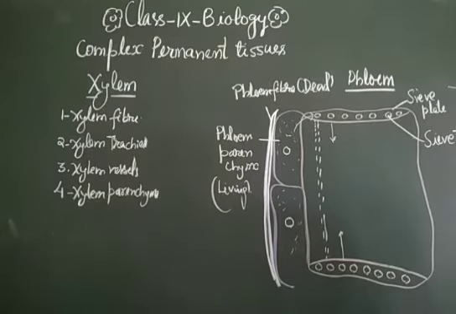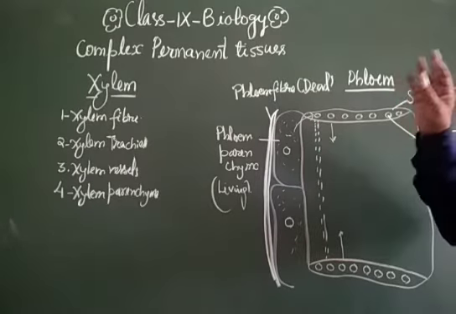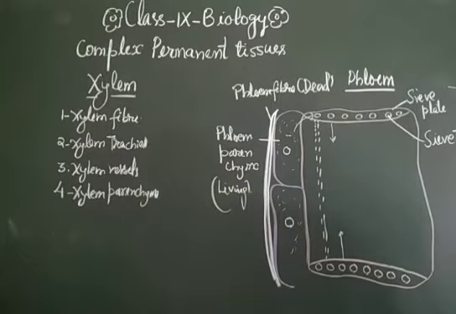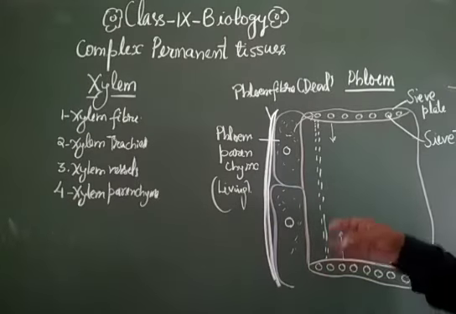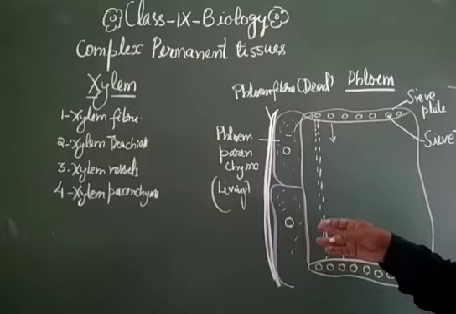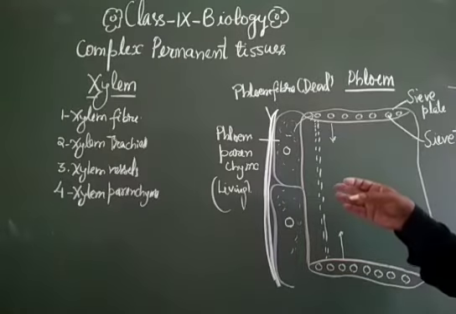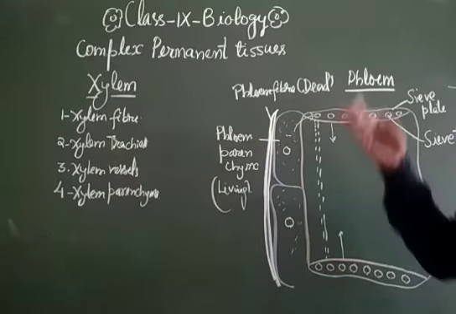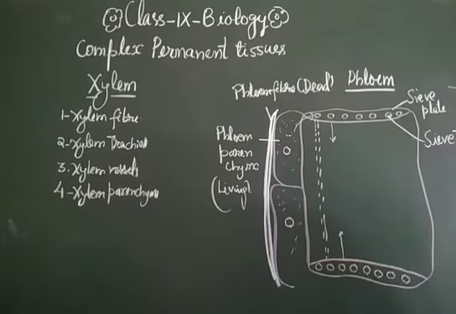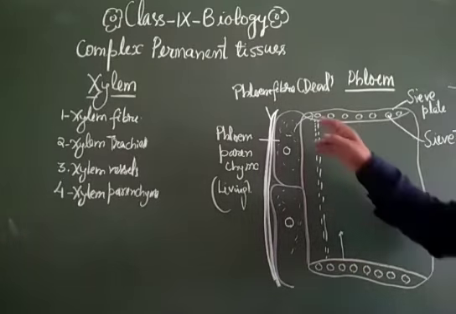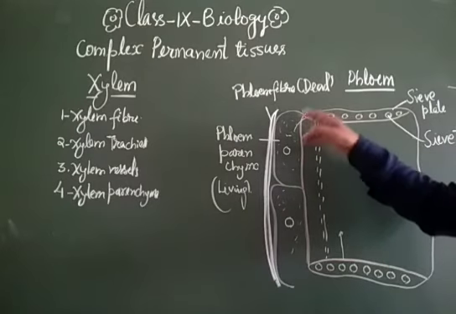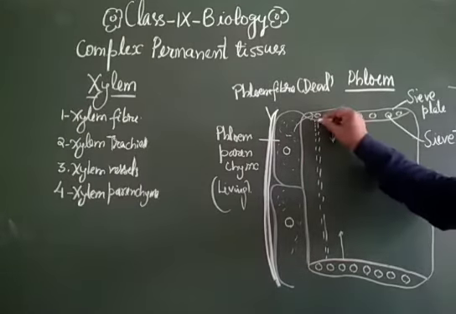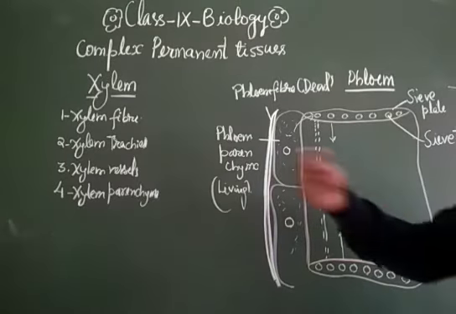And what is the appropriate amount of food? That appropriate amount of food required in the seed tube depends upon the requirement of the food by the different cells, different parts of the body. And when different parts, different cells of the plant body require food, then this seed tube receives the food from the phloem parenchyma, and food will go down or food will go up.